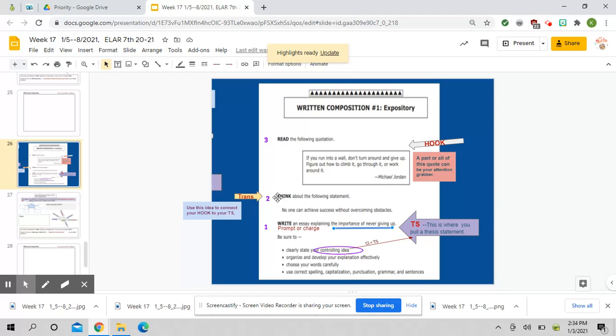Now, your transition. This one can bridge your hook to your thesis statement. If, however, you wanted to bridge it a different way, you could. You don't have to use the information they put under think, but once again, why not? Because you have it. Okay,